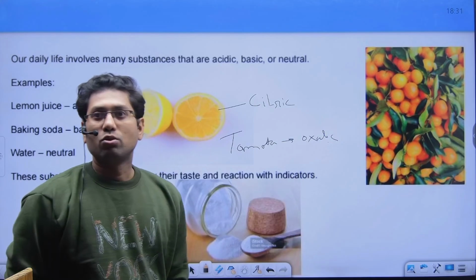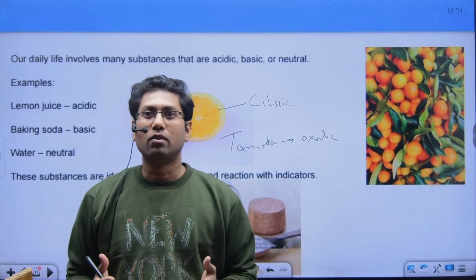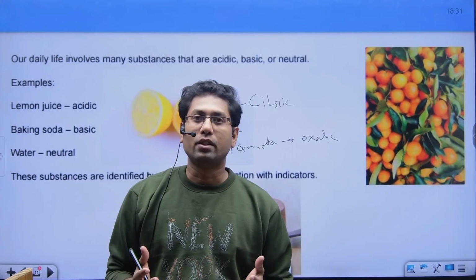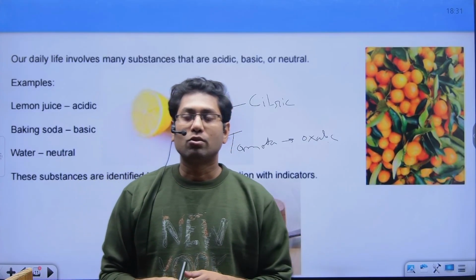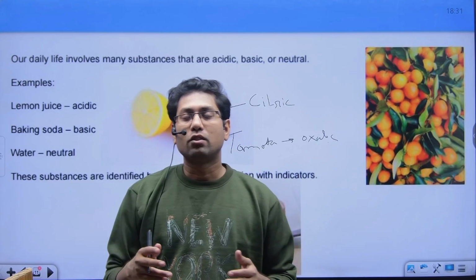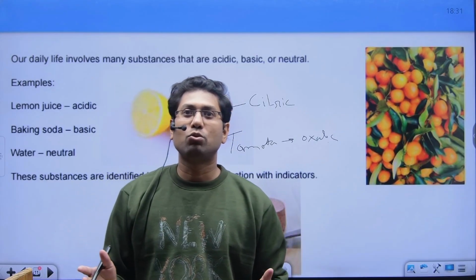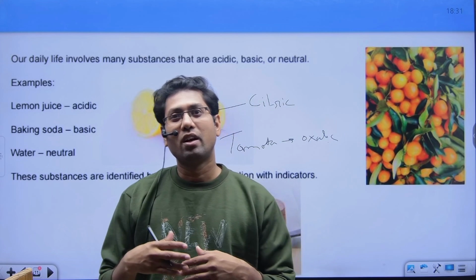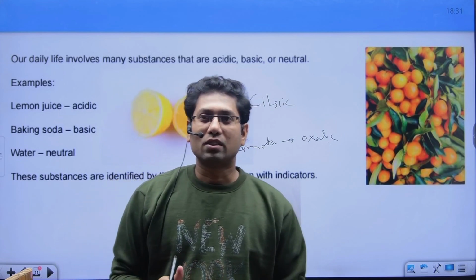Okay. So let's discuss a few more examples. Discussing vinegar: in vinegar, there is acetic acid in it. So in this way, we saw that there are so many substances which you see in everyday life, which are either acids or bases or salt. Okay, friends. So now let's discuss about